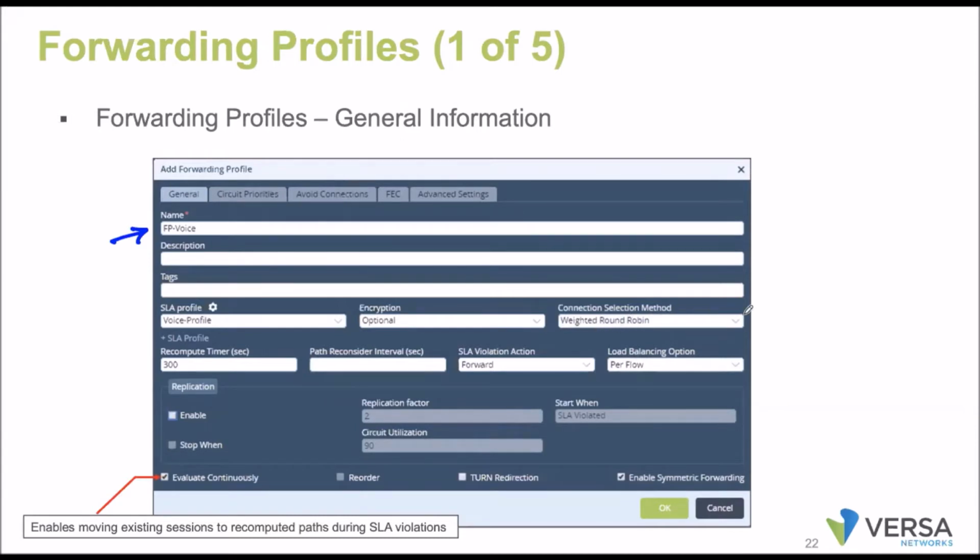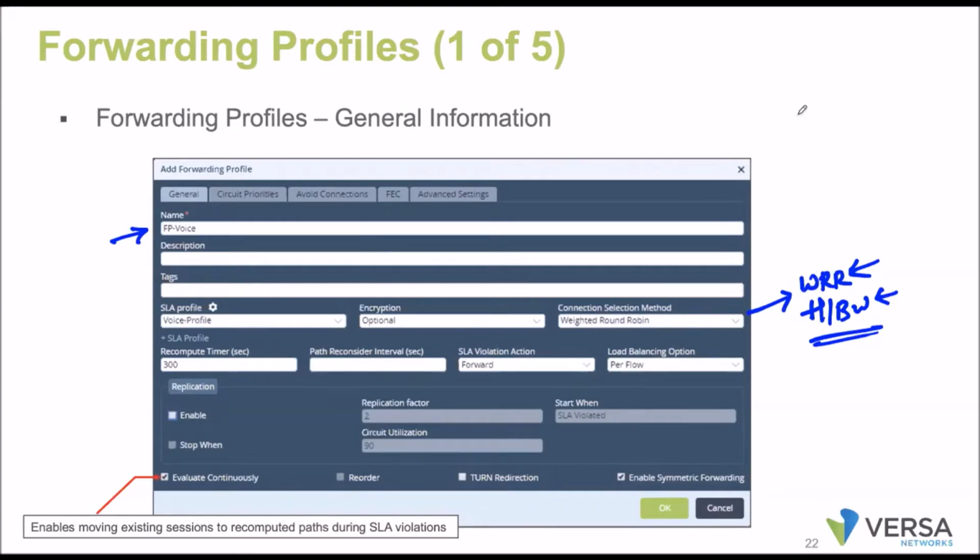Okay, what all the options are we going to select? The first one is, what is the connection selection method? There are two options. One is weighted round robin. The next one is high available bandwidth. So high bandwidth, which is available. How do you select? Whichever link is having high bandwidth at that moment, if you want to use that, you can select high bandwidth. Or if you want to do weighted round robin load balancing, you can select that, WRR.